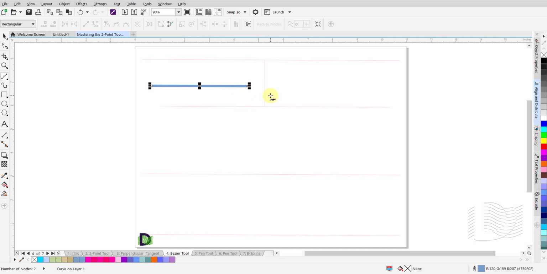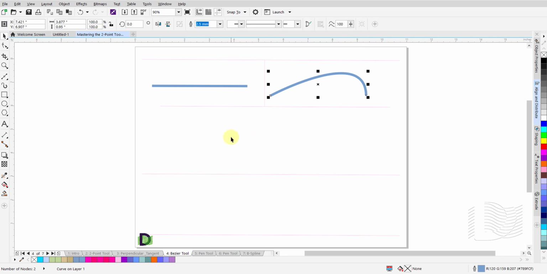To draw a curved line, click and release the left mouse button at the start point. Move the cursor to the desired end point. Here, click and hold the left mouse button. Start dragging the mouse up or down, and as soon as the mouse moves, you will see the control handles pop up. Move the mouse around, left and right, up and down, and observe the change in the curved line as you do so. When you get the curve to the desired shape, simply release the left mouse button. If you do not want to add any more line segments to this line, simply press the space bar to separate the Bezier tool's link to this line segment.